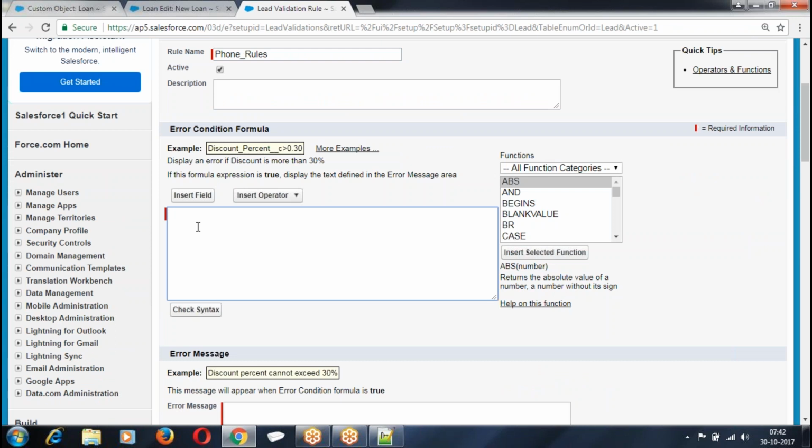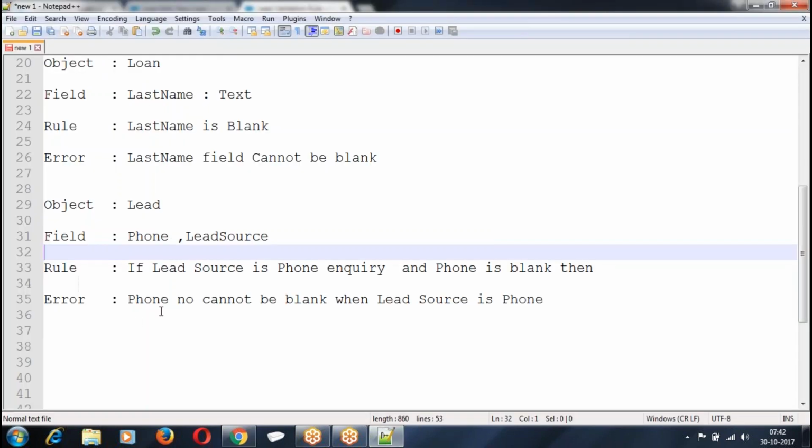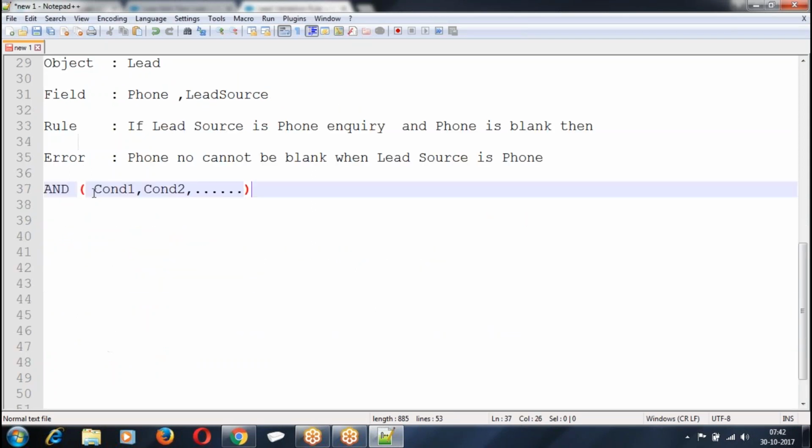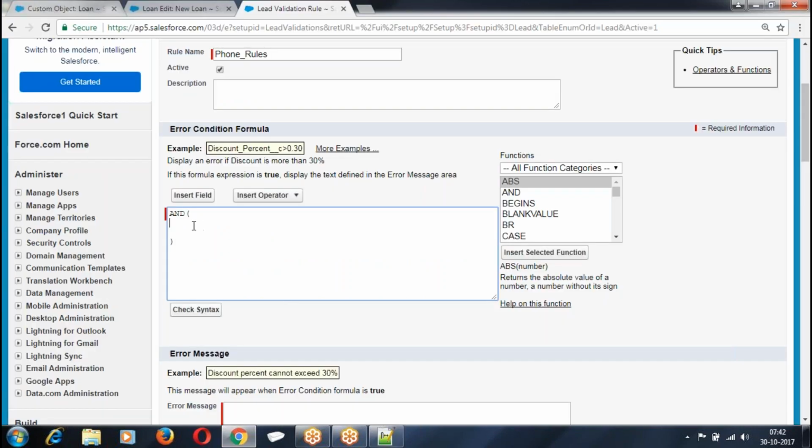What's the condition? How many conditions are we giving? There are two conditions. First, lead source should be phone inquiry, and if you want to take more than one condition, what is the possibility we have? AND condition 1, comma, condition 2. We are giving AND, condition 1, condition 2 and so on.